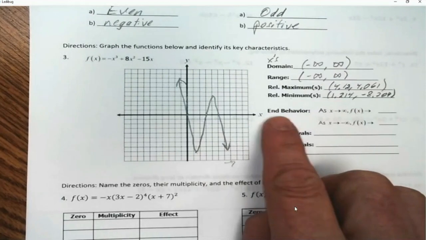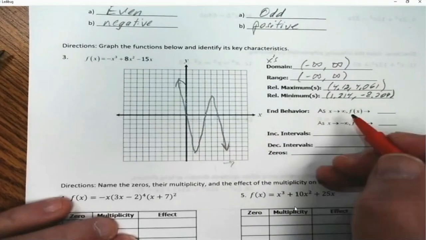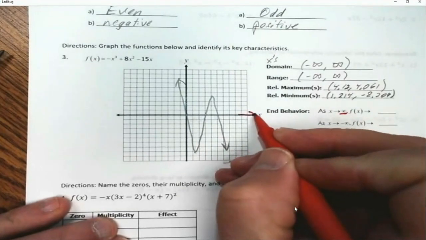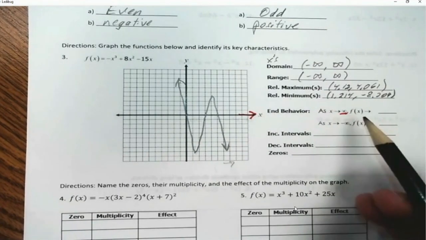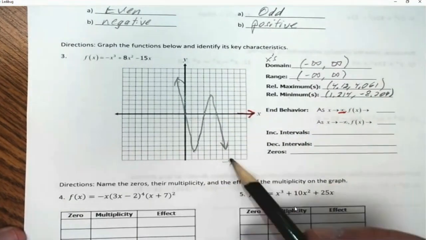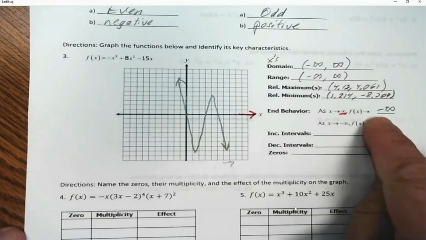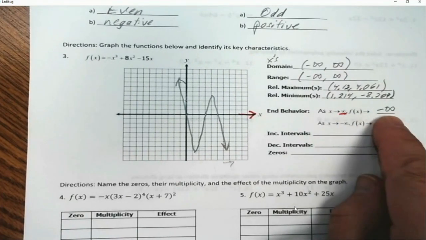All right, the end behavior. As x approaches infinity, that says as the x goes that way, approaches infinity. As the x gets bigger and bigger, what does the function do? Well, the function goes down. So it's approaching negative infinity. It never stops. So the closer x gets to infinity, the closer the function gets to negative infinity because it's